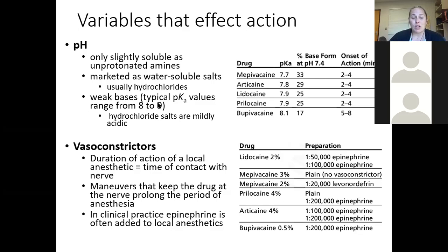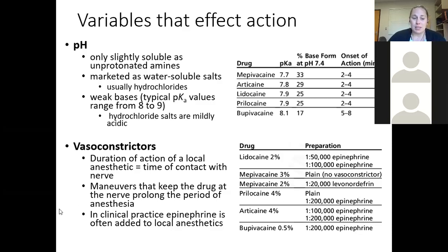Some of the original characterizations of the effects of pH on local anesthetics were done by injecting the anesthetic, then changing the pH of the extracellular environment, and observing that they were able to essentially turn the effectiveness of the local anesthetic on and off based on pH. That was some of the original research characterization. Obviously, this wasn't a human study. It was done in a research setting, but it was an interesting conclusion that pH played such a critical role in the action of these drug classes.